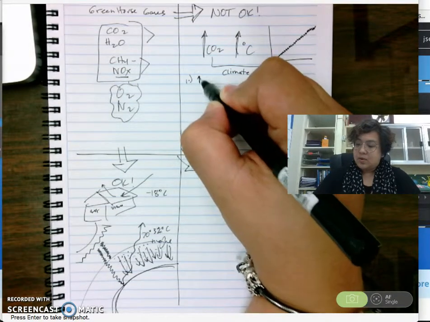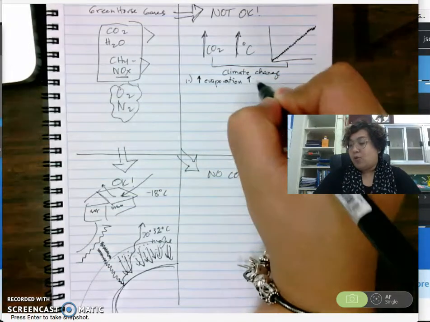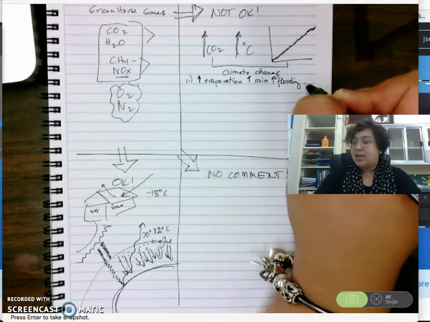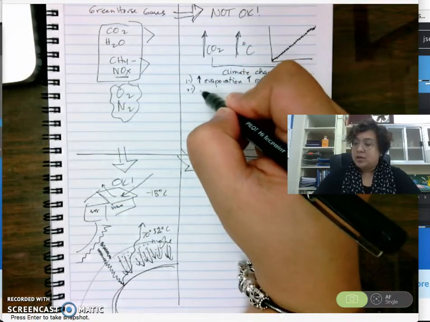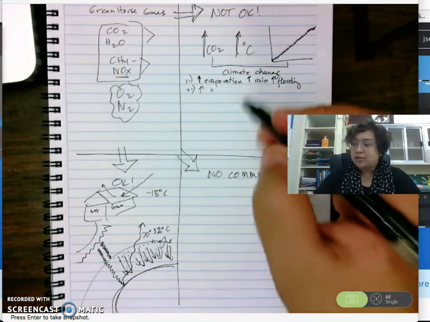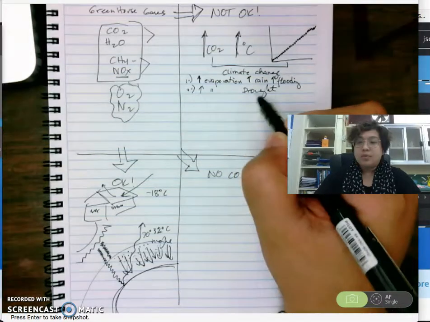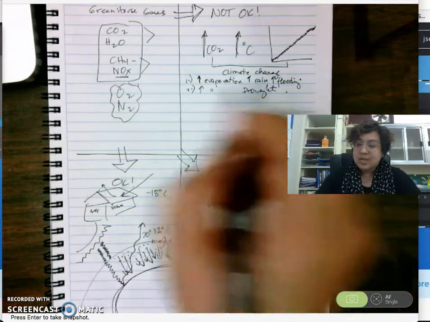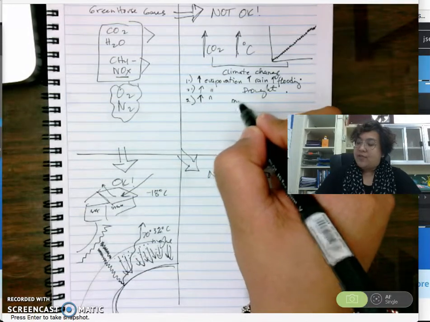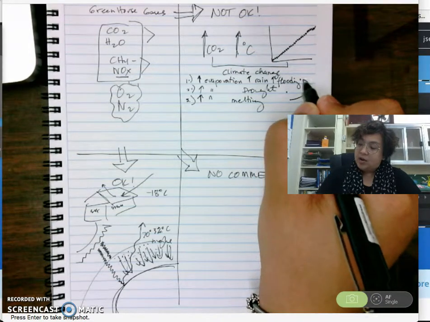First, higher rates of evaporation, which means more rain, which means it can lead to flooding and thunderstorms. What else? High evaporation in areas far from bodies of water can lead to drought. So this is completely raining and this is completely drying. What else? We have melting of the polar ice caps. That can also lead back here to flooding.